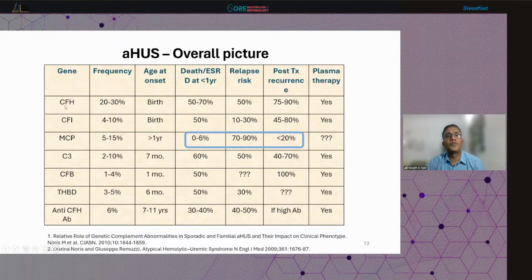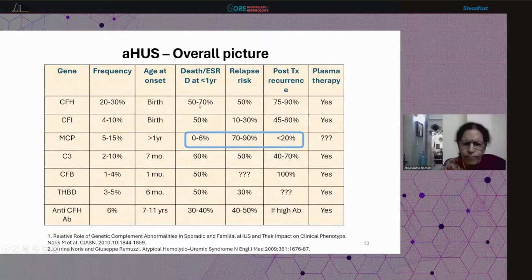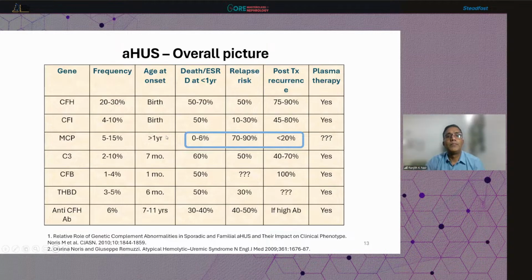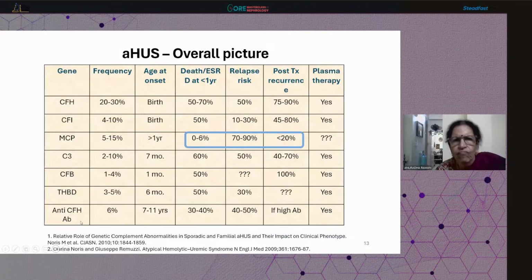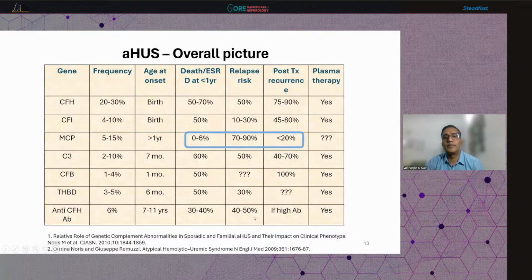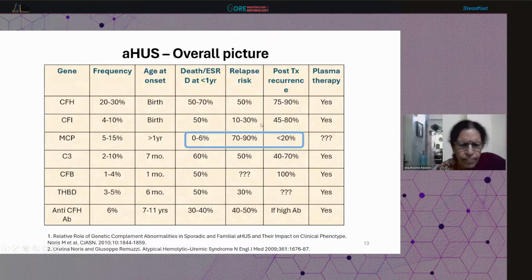The commonest cause, of course, is mutations in the complement factor H. The morbidity and mortality is also highest because of it, but they are usually seen in children. When you come to the older ones, anti-complement factor H antibodies are the ones that are seen. Relapse risk is highest in patients with the membrane cofactor protein mutations. Next comes anti-complement factor H and complement factor H mutation. And of course, transplant recurrence is highest in these complement factor H and I